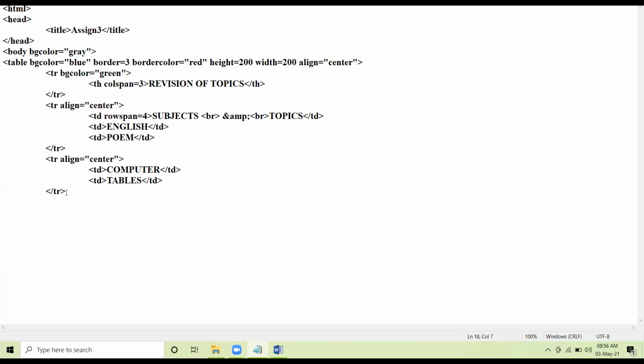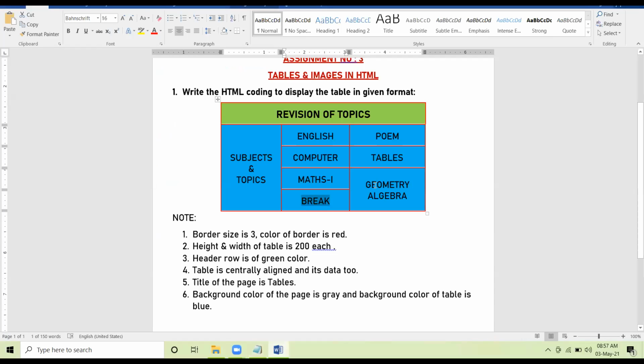Now after the third row, let us create the fourth row. Maths 1, geometry algebra. Now see here, this is the fourth row. The third cell, geometry algebra, of the fourth row is spanning across two cells row wise, right?